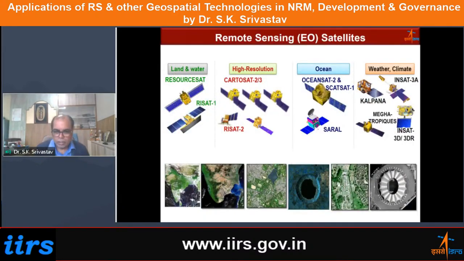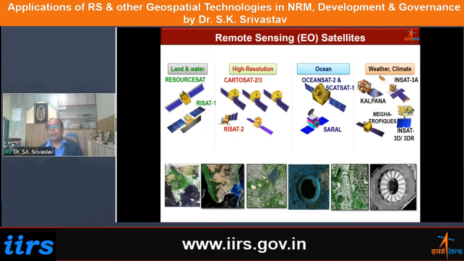In this slide, you can see different satellites which are available from our own system. When I say our own system, I mean the satellites which have been launched by our own country. There are various other satellites launched by many other countries and space agencies, including private players. As far as our country is concerned, we have a constellation of satellites, and currently in my lecture, I'm talking about the remote sensing satellites. These satellites are meant for different purposes.